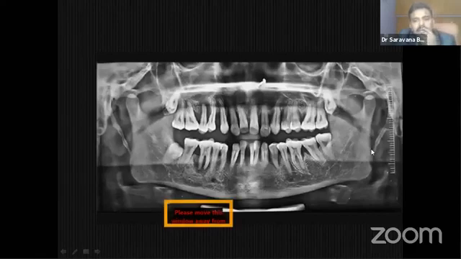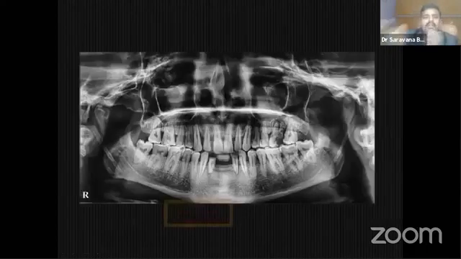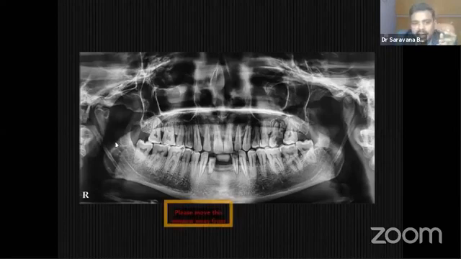This is what happens: when we look at an OPG, most of the time our concentration will be on the tooth and supporting structures only. We will not bother about the TMJ or styloid process or hyoid bone or maxillary sinus or zygoma or anything else. Okay, so it is a case of elongated styloid process. Otherwise, we can call it Eagle syndrome. Again, second case, same case. Look at the elongated styloid process here, on both sides. It's a case of Eagle syndrome.